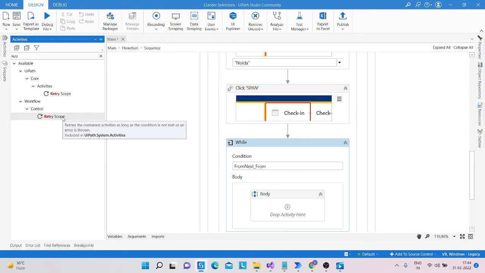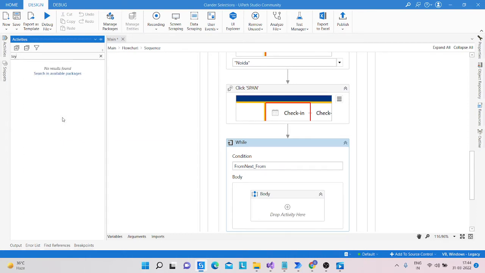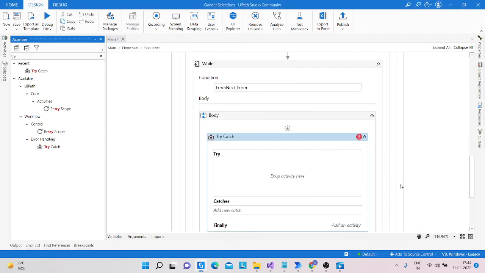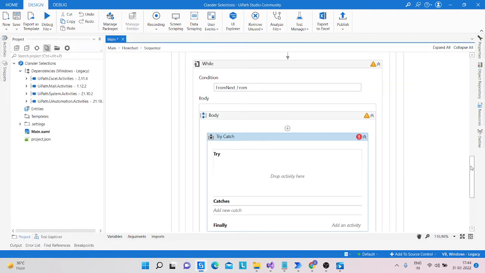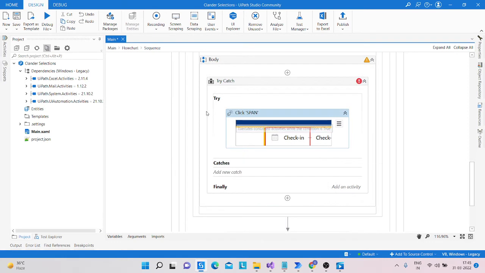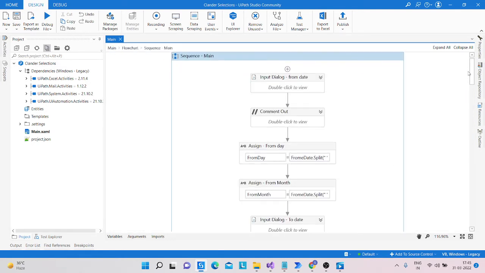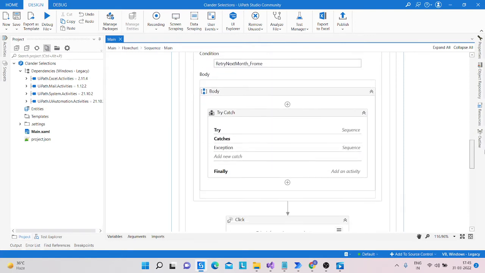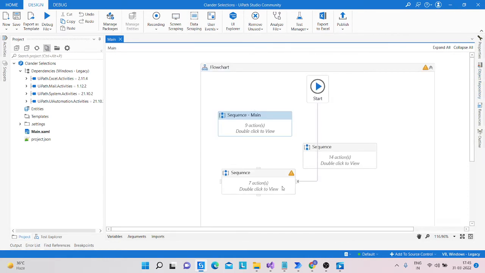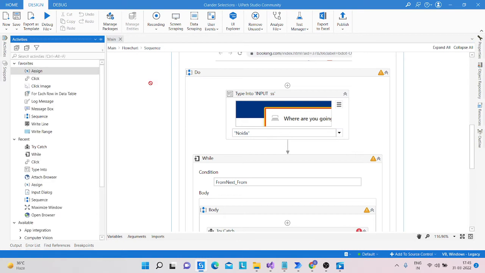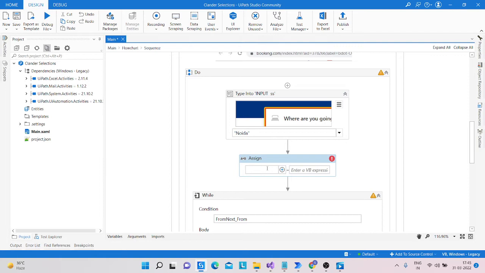Retry, try catch. And we are taking the try activity. So what we are doing, we check whether we are going the same way or making some mistake here. Here we take an assign activity. If it finds false, it runs again. So what we are doing, we are doing from